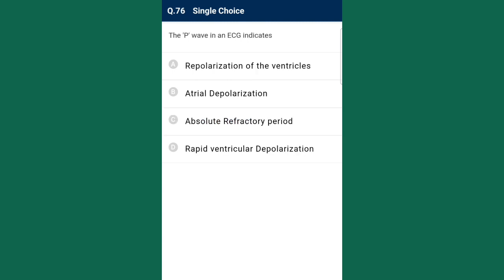Question number 76. The P wave in an ECG indicates